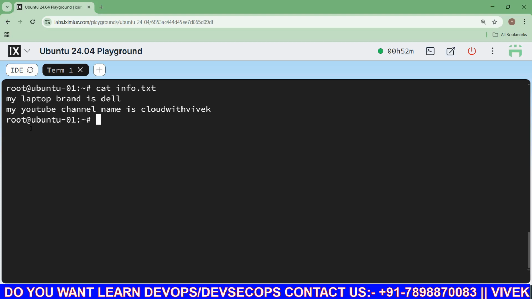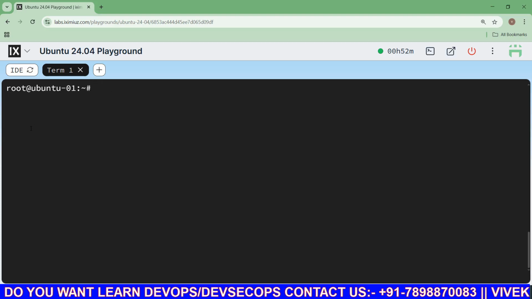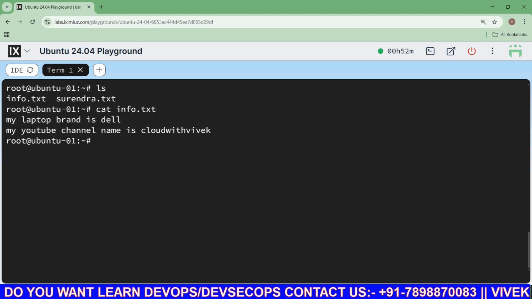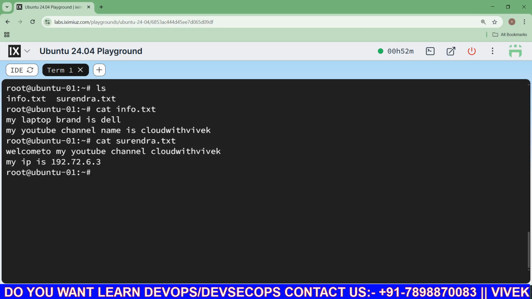Same thing, guys, many times you want to combine content. So you can see inside info.txt this data, and inside suren.txt this data. I want to merge both files into one file. What will I do? First of all, I will use the cat command.